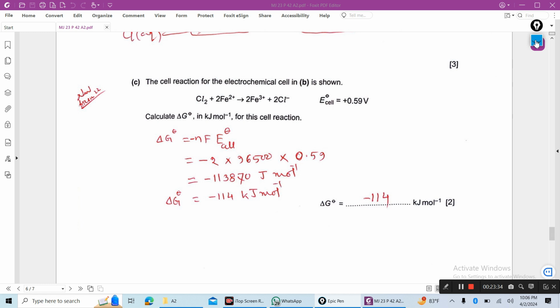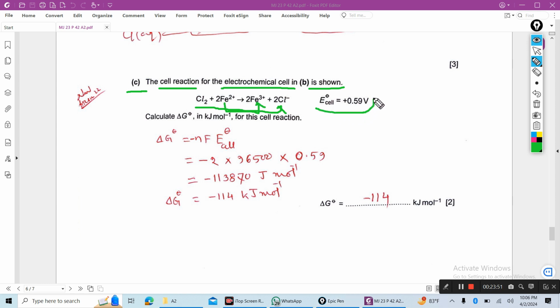Then number C, the cell reaction for the electrochemical cell in B is shown: chlorine is reduced and iron 2 is oxidized. The standard electrode potential of this cell is given. So calculate the standard Gibbs free energy in kilojoule per mole for this cell reaction. And you know the formula: